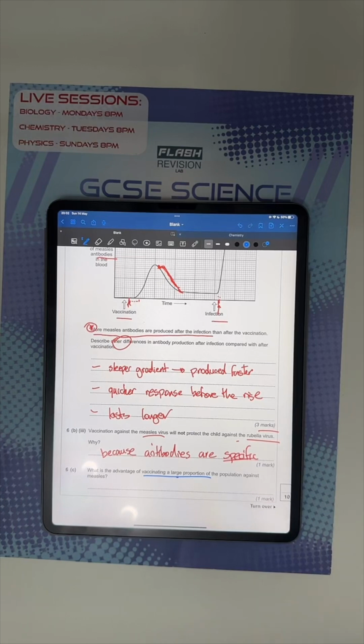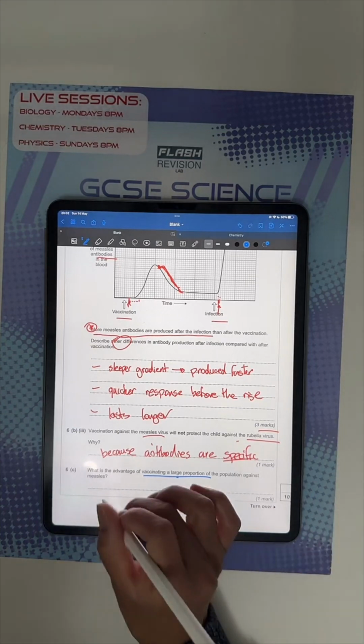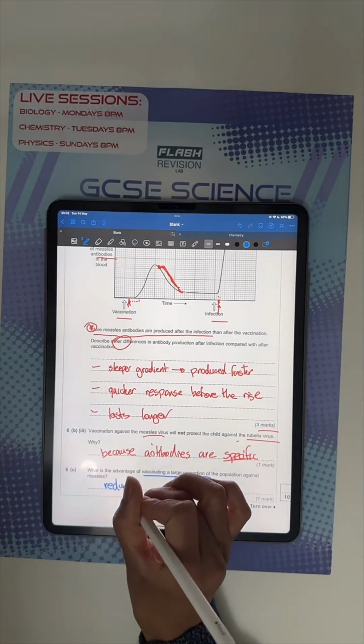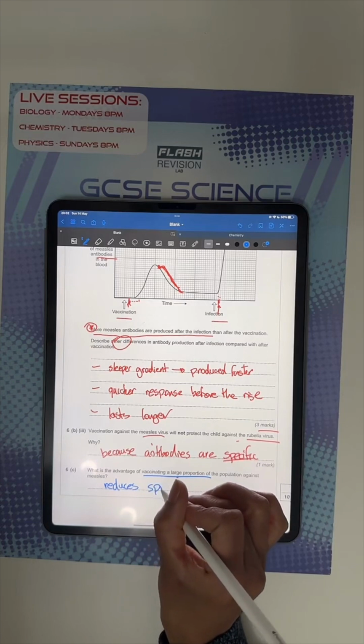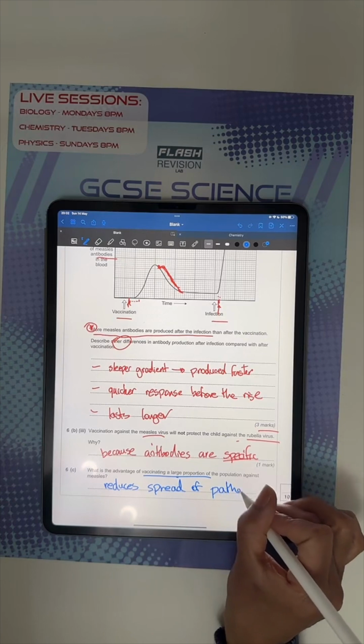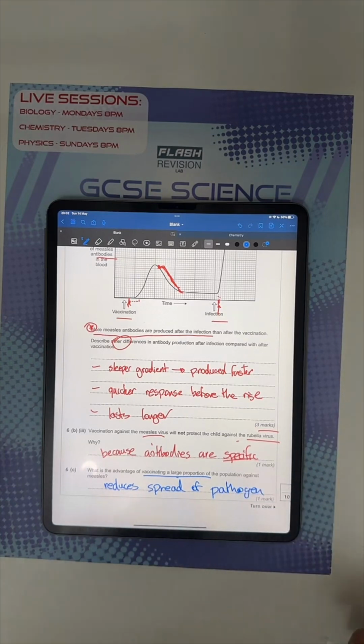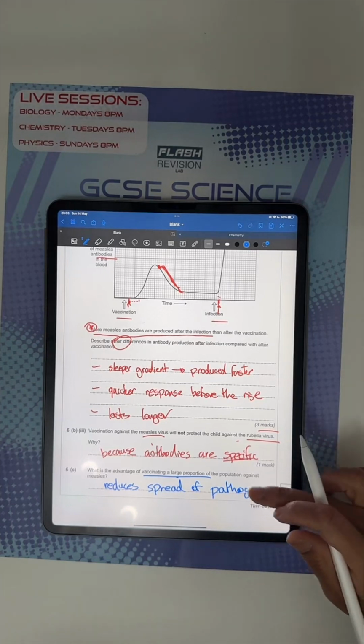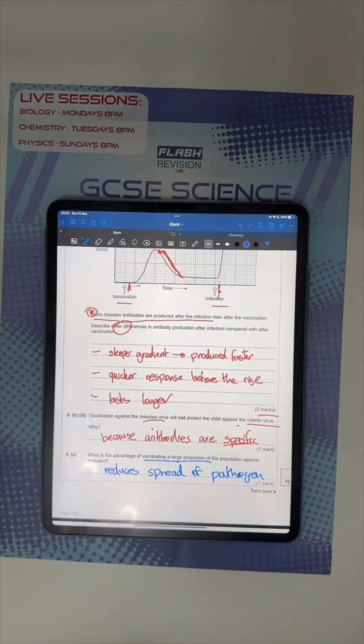Yeah, herd immunity basically reduces the spread of infection, or of pathogen, which is the same as saying herd immunity. You wouldn't get a mark for just saying immune. This question's AQA. You can't just say immunity. You can say herd immunity,